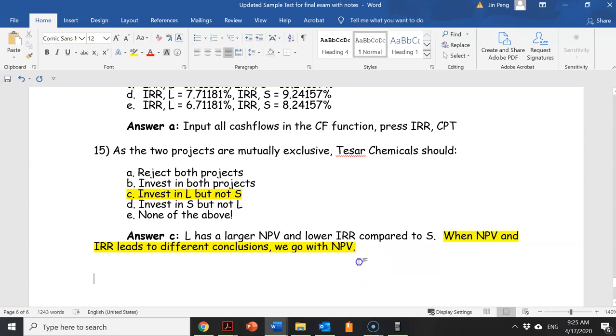Make sure you understand all these questions, and even after you look at all the answers, you can go over all the questions again and make sure you can work them out independently by yourself. Whenever you have additional concerns, you can refer to our notes. You can also make an appointment with me by email or through Zoom conference. And I wish you good luck in your final exam.